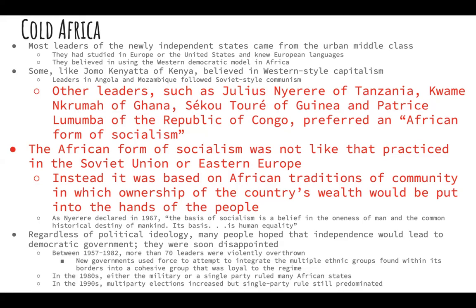In the 80s, either the military or a single party ruled many African states. In the 90s, multi-party elections increased, but single party rule still predominated the continent. So,